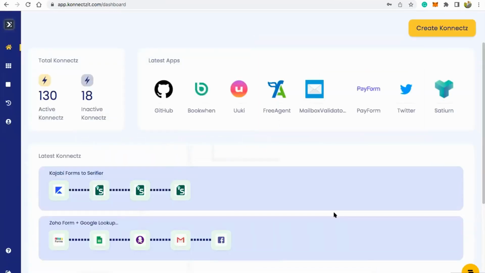Here you get all the insights of your data, basically the analytical information of your data. It shows the total number of connects, which means workflows, we call them connects. You can see the total number of connects, the total number of active connects, and also the inactive connects on your account. And you can see the latest apps which our team adds every week. We'll be adding new apps inside KonnectzIT, so you can see the apps being added,